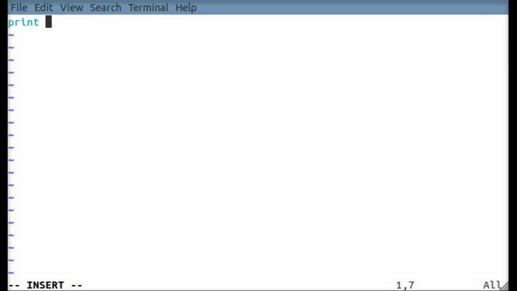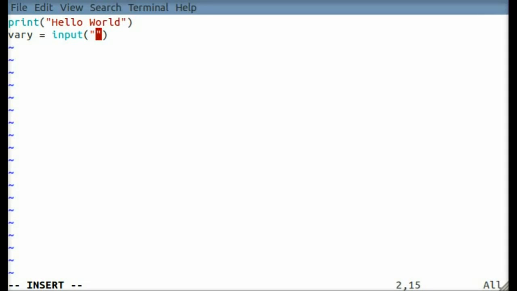So print hello world, and give it a small additional task as well. Say for instance, var equals input. What is the task I'm gonna give you here?